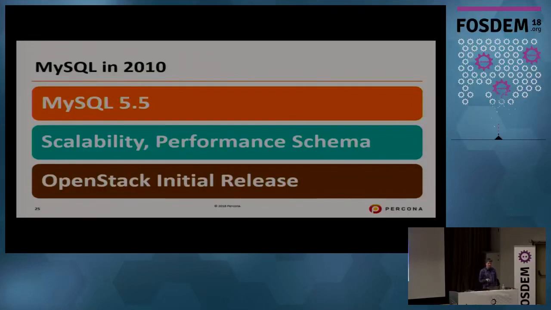2010, we got MySQL 5.5, which has a lot of focus on scalability, finally, right? I would say in 5.5, we get the first big improvements in InnoDB performance because the teams were integrated, Falcon was ditched, and a lot of focus was on making InnoDB actually work very well with MySQL. That is also where we see the first release of a performance schema as a way to really understand what's going on inside MySQL better.